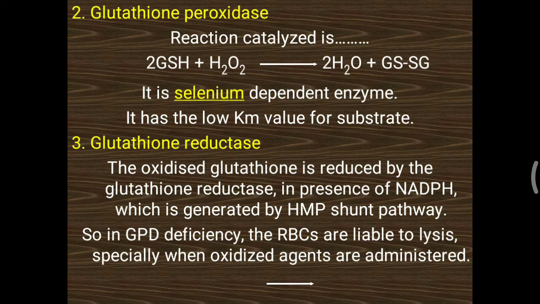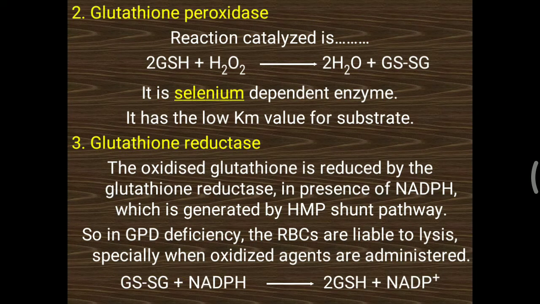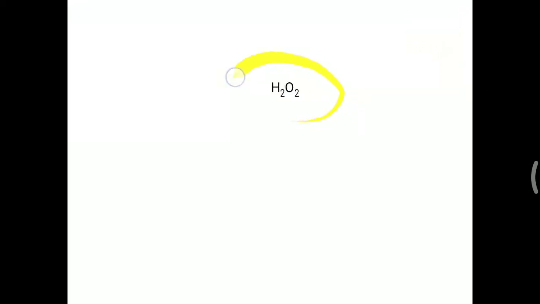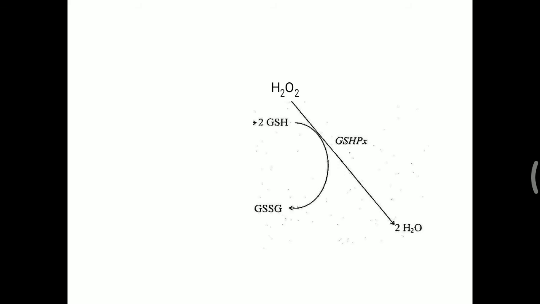So in detail we will look at the particular reaction, but at present you have to remember that oxidized glutathione is reconverted into the glutathione molecule with the help of NADPH, and this NADPH is provided from the HMP shunt pathway. An important enzyme of this HMP shunt pathway is glucose 6-phosphate dehydrogenase. So basically H2O2, which is generated with the help of superoxide dismutase, which is present on both sides, cytoplasmic as well as mitochondrial, will be converted into a water molecule with the help of glutathione peroxidase.